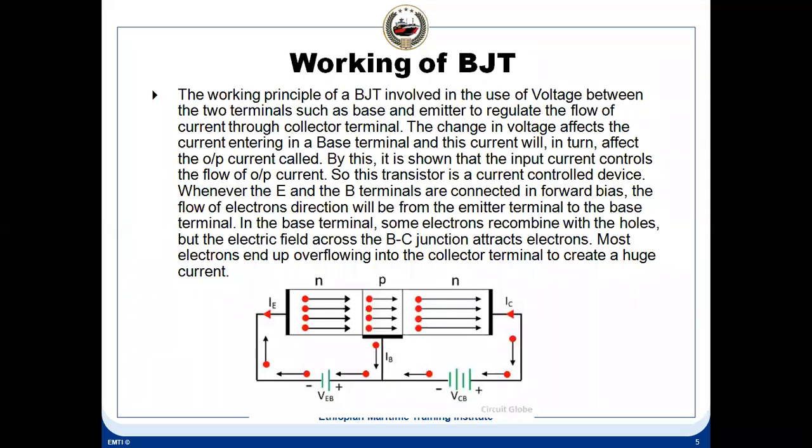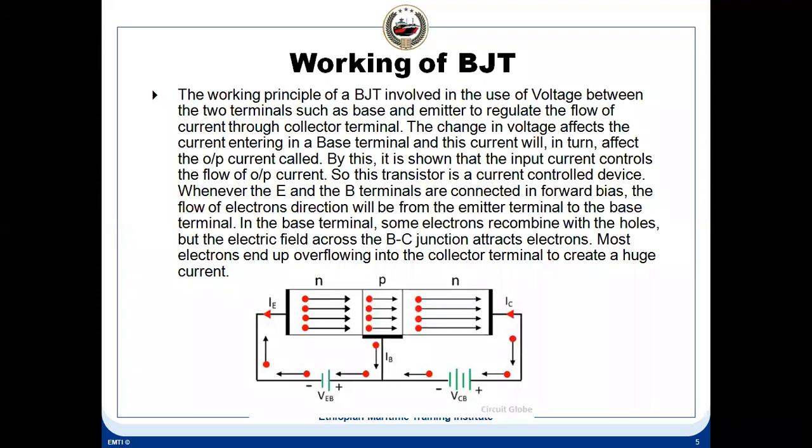The gain of the bipolar NPN transistor is the ratio of two currents, that is collector current and base current. This is known as the DC current gain. If you see the beta, it means IC by IB. This is the amplification factor of a BJT. So BJT is a current control device.